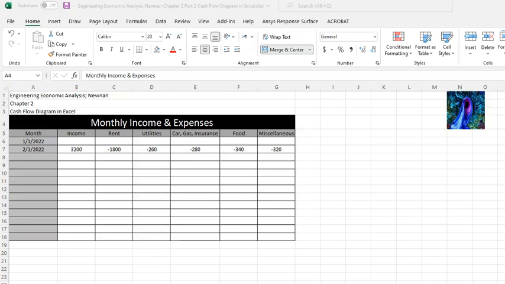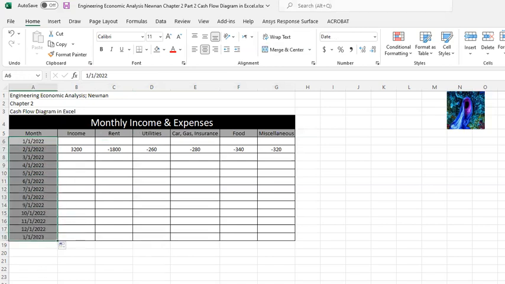On January 1st, which is the beginning of the first period, there is no income, rent, utilities, or other costs. At the end of period 1, we will have an income, rent, utilities, auto expenses, food, and some miscellaneous costs. The income is positive and all of the expenses are negative. We can continue and tabulate all of this data throughout the year,